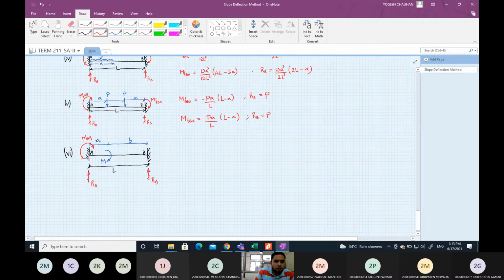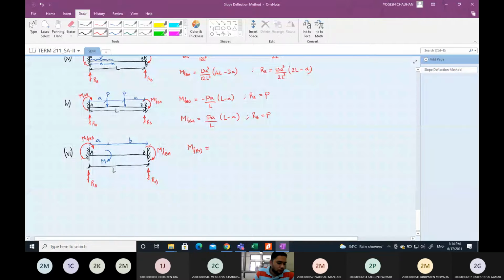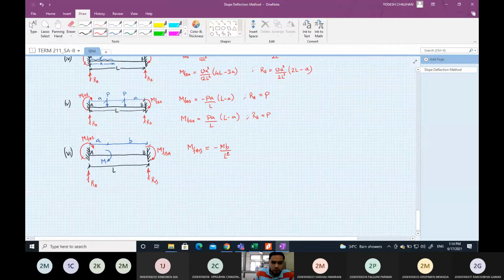this be MFAB, and this be MFBA. So MFAB is given as minus MB by L square, where L is the span length, times 2A minus B, and MFBA is equal to MA by L square times 2B minus A,